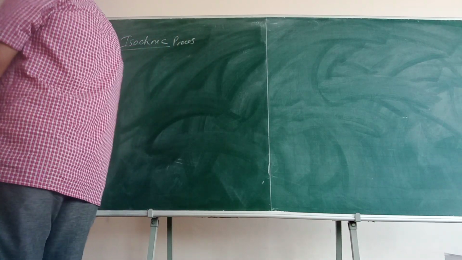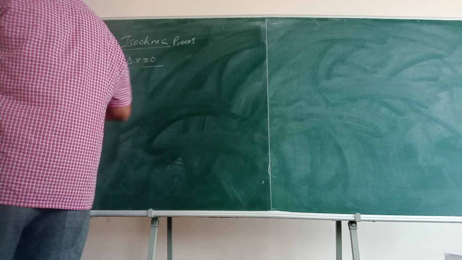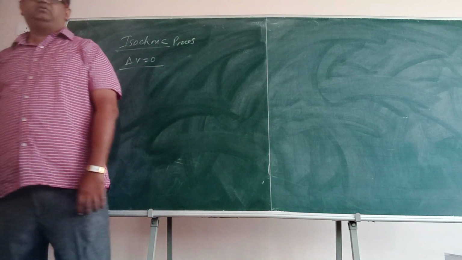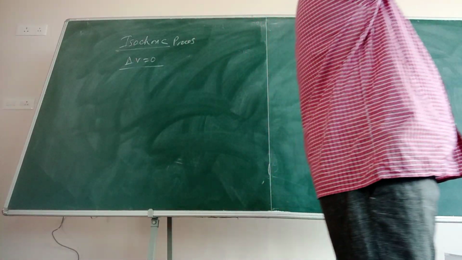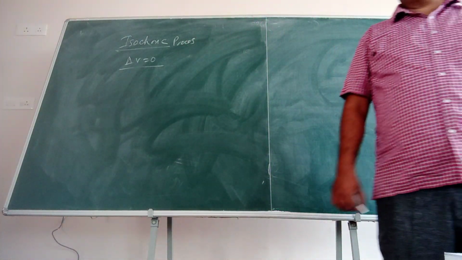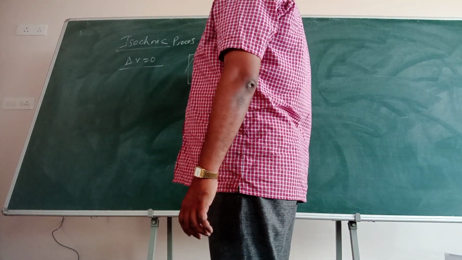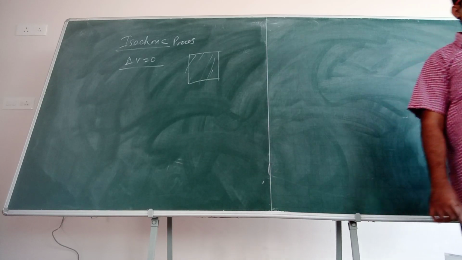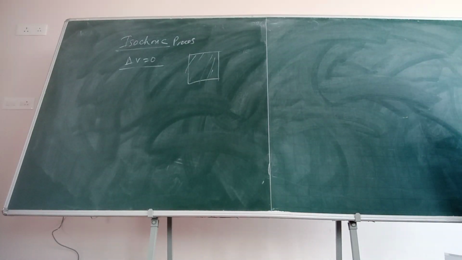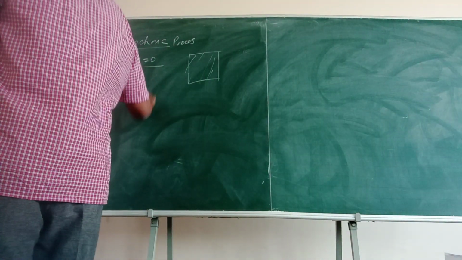What is this process? Volume is constant. That means delta V is equal to 0. Delta V being 0 means volume expansion is not happening. You are doing this thermodynamic process in a closed container like this. So here the volume is constant, but temperature is not constant and pressure is not constant, only volume is constant. So you have to find out what is the work done. This is pretty straight. Now how is the PV diagram for this?